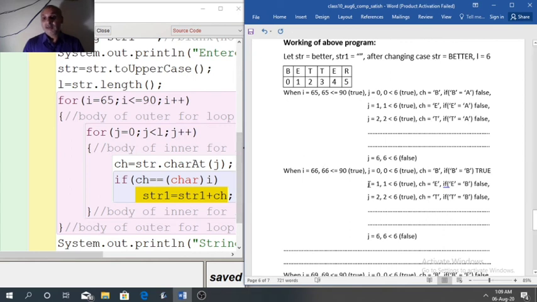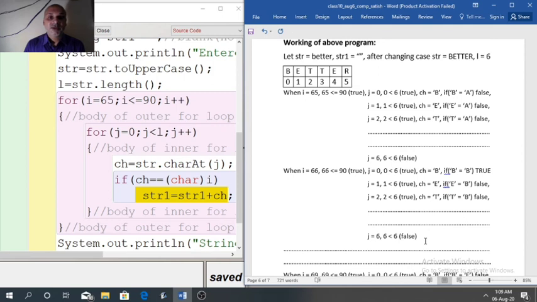Now when j equal to 1, from 1 index to 5 index, B is not found, so every time this condition will fail. So the same process will apply. First we will search for A. If A is found in the given string, then A will get added.